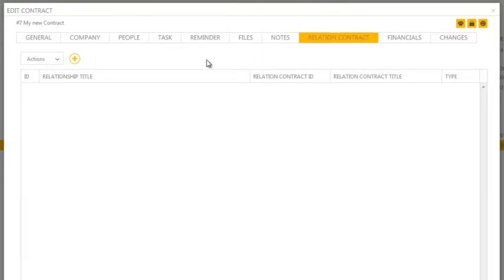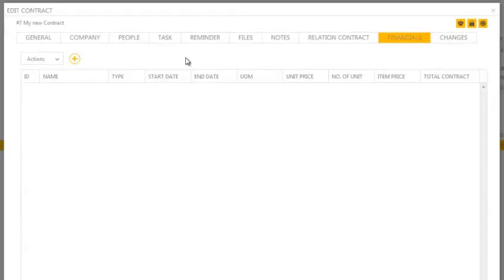The Relation Contract tab shows a list of any other contracts which are related to this contract. For example, you might create a framework contract which contains several other subcontracts that are related to it. The Financial tab contains information pertaining to payments. Here, you'll be able to create a list of incoming payments, if it happens that you're being paid in installments,